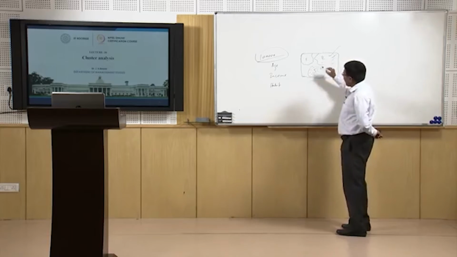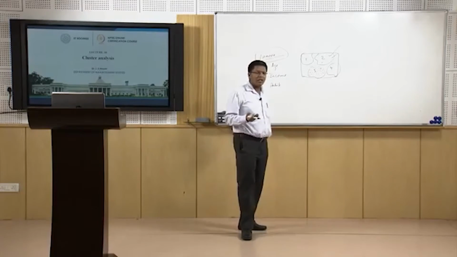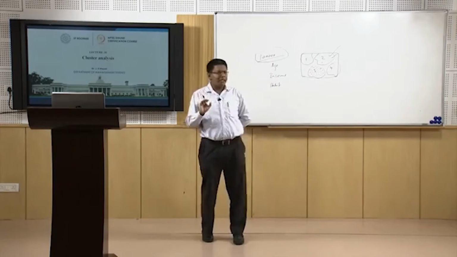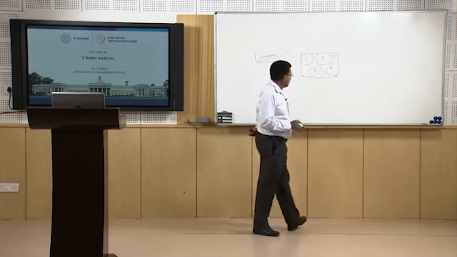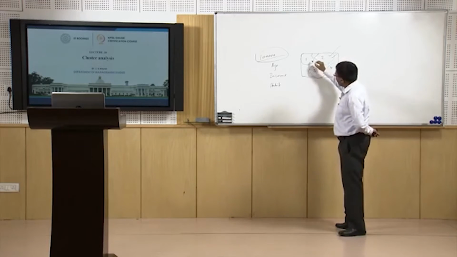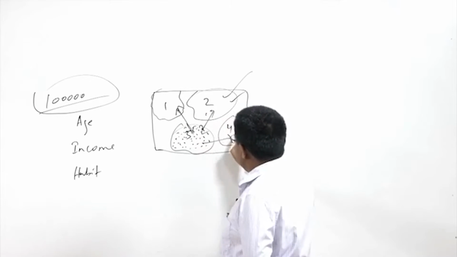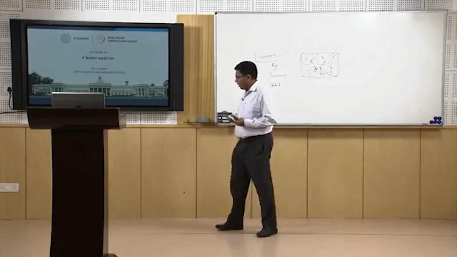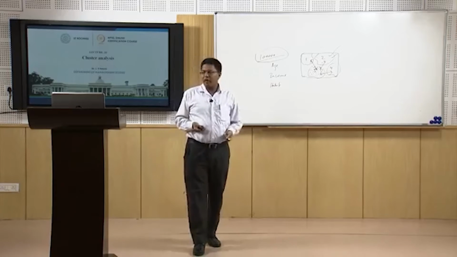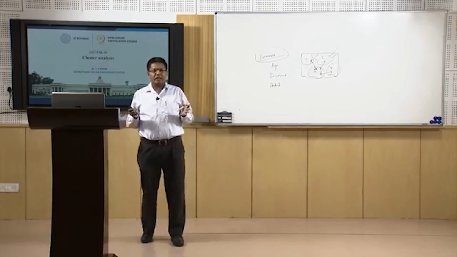But we understand that the clusters, let us say cluster 1 and cluster 4, cluster 2 and cluster 3, are all different from each other. So, this is the basic understanding of cluster analysis, that within the cluster there is very minimal difference or distance, and between the clusters the distance is high. Let us see how it functions, what happens in a cluster analysis. As I started, what is a cluster, how do you define it? It is a group of multivariate techniques whose primary purpose is to group objects.